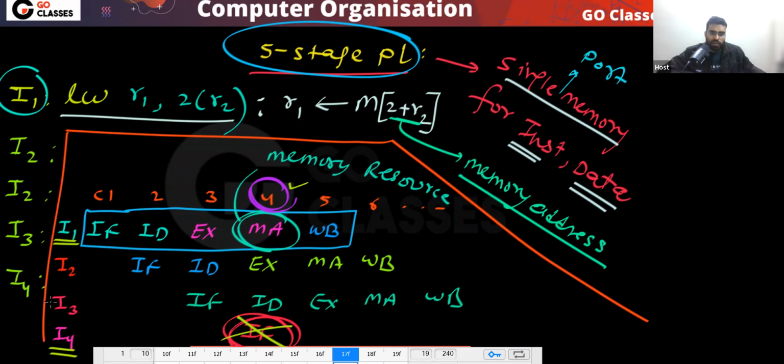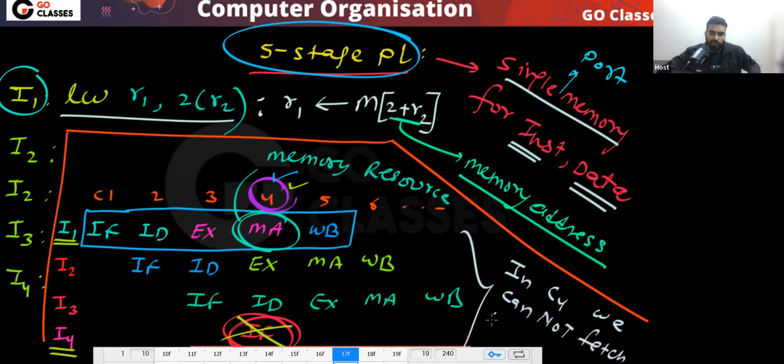If this cannot happen, then what will happen? In this cycle, instruction fetch will be idle. In the cycle C4, you cannot fetch a new instruction. That is a stall. That is a bubble. Is this clear? You cannot do work; your instruction fetch hardware is idle. So there is a bubble in the cycle, there is a stall in the cycle.